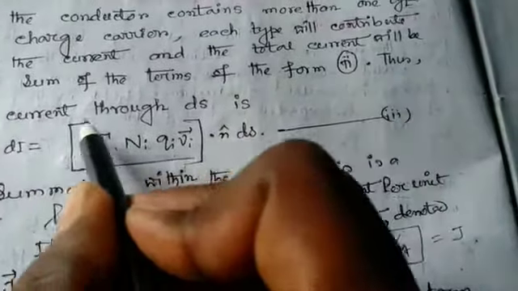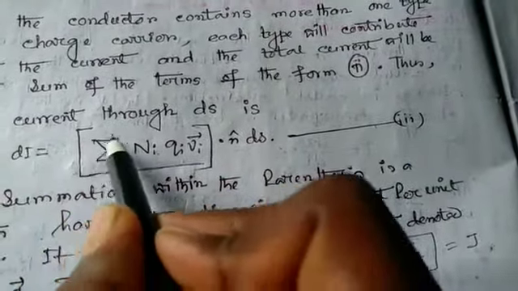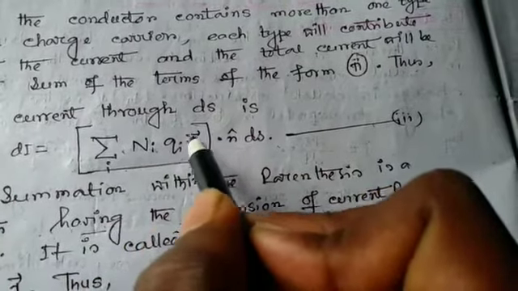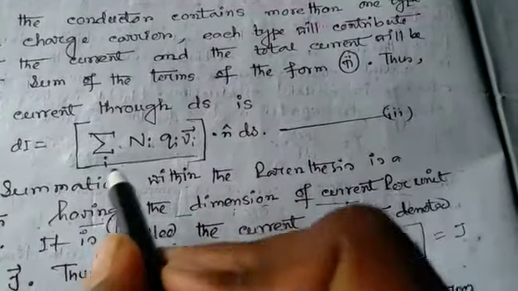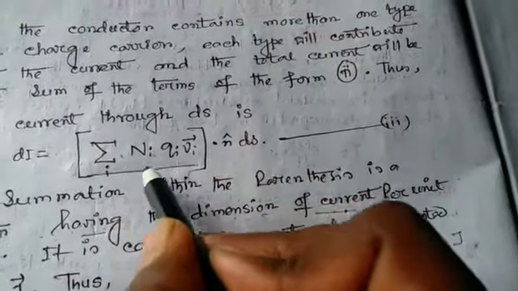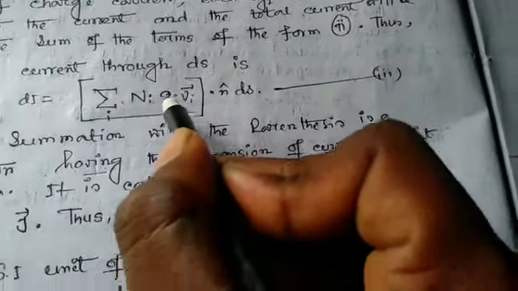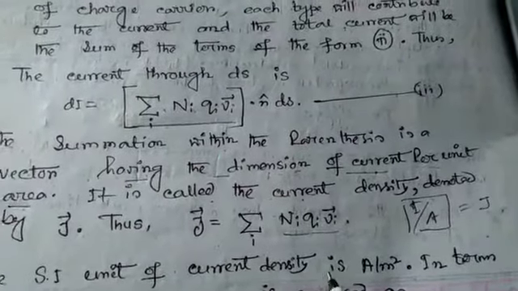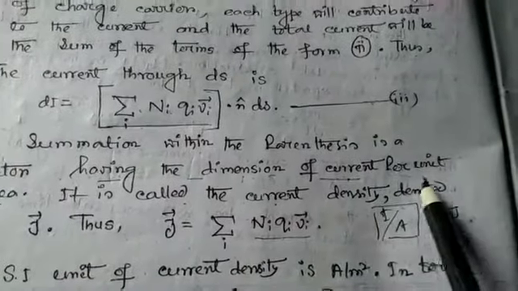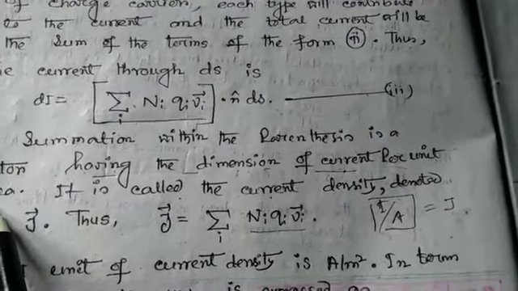Thus the current through ds is di equals summation of n_i q_i v_i dot n̂ ds. This summation within the parentheses is called the current density, that is current per unit area,